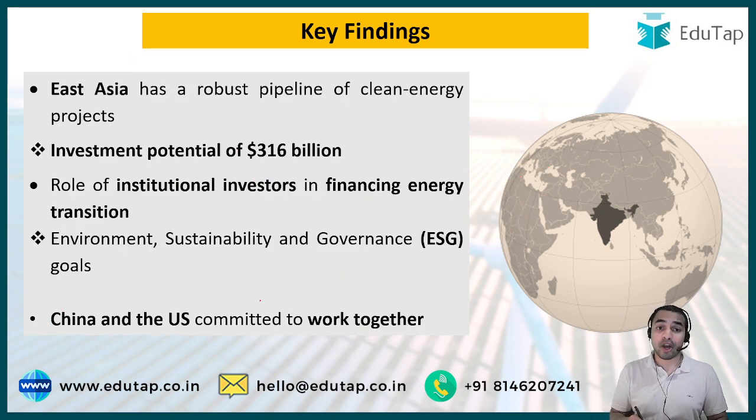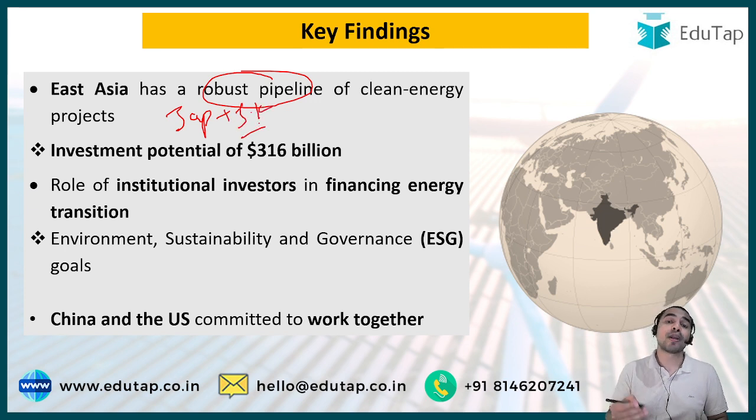And guys, it also says that East Asia has a robust pipeline of clean energy projects. Now, why exactly does this report say this about the East Asian region? Because in the previous point we have seen that China has added a huge addition towards its wind power generation, and apart from China, Japan and South Korea from this particular region have also proved their commitments towards net zero, and that's why